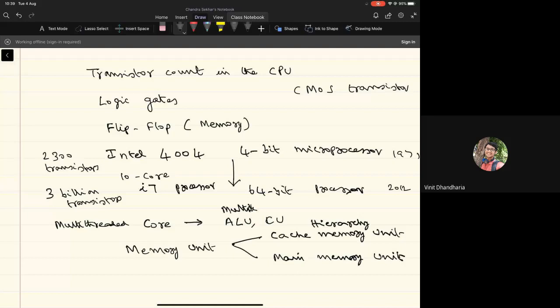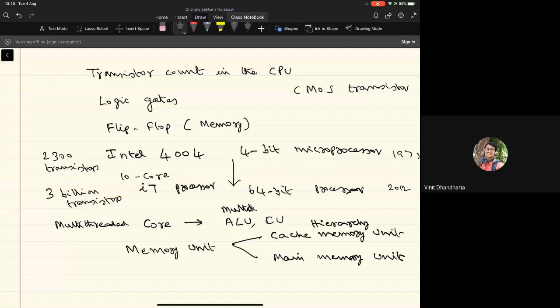So in order to support this L1 cache and L2 cache on the processor chip, where each memory cell will take 6 transistors, the typical cache memory unit sizes we are talking about will be maybe a few kilobytes for the L1 cache to a few megabytes in the L2 cache, right? Now you can see each core having its own L1 cache and L2 cache, and multiple cores having each of these L1 caches and L2 caches involves having so much memory in the processor chip itself, right?